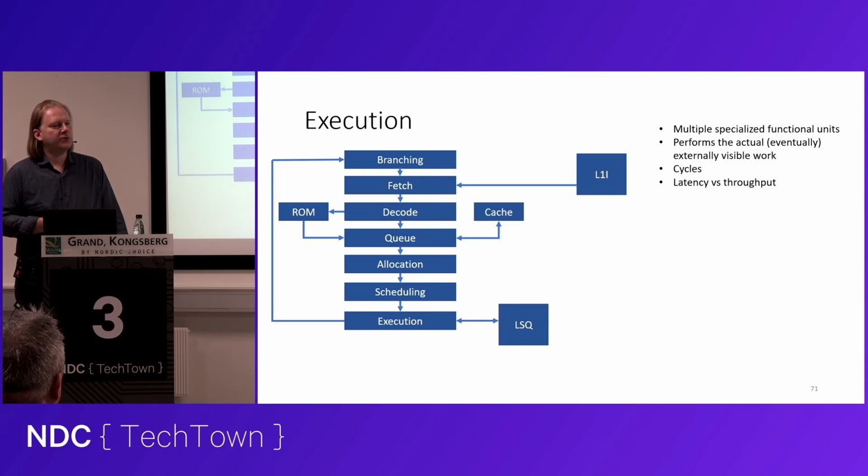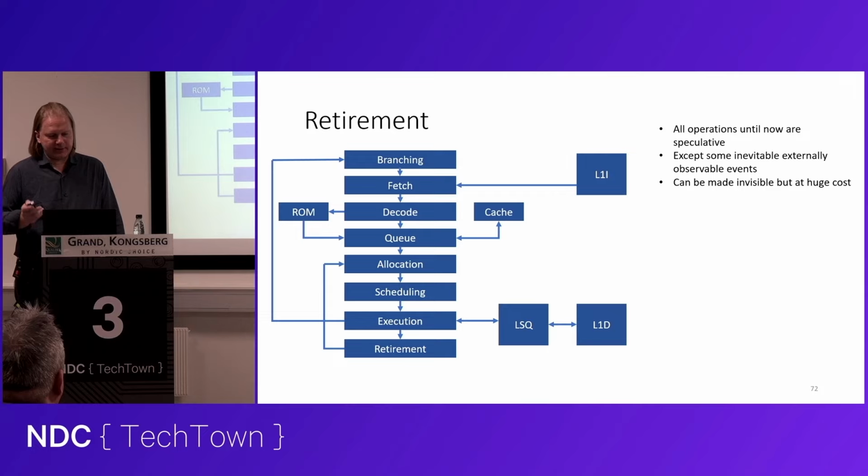Execution is also the area of the pipeline that starts talking with the memory system. So there's the load store queue, something that starts to deal with memory. That's prior to caching. There's also the instruction cache, there's the data cache, they are different. And then the next one after that,